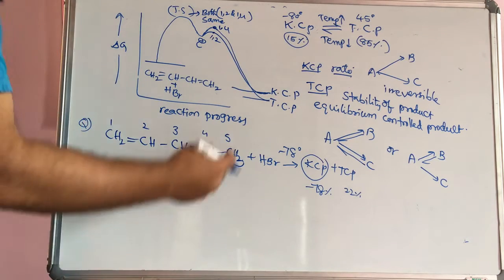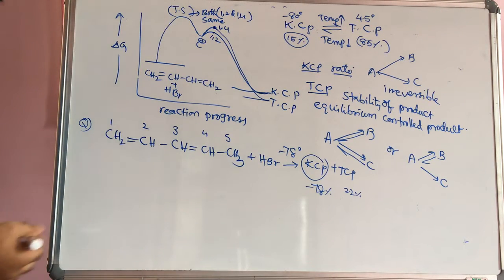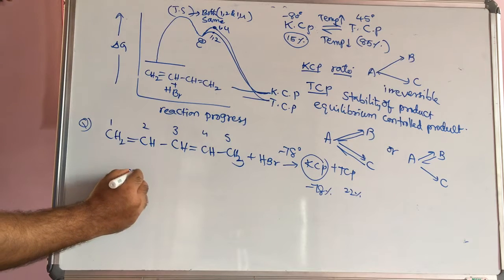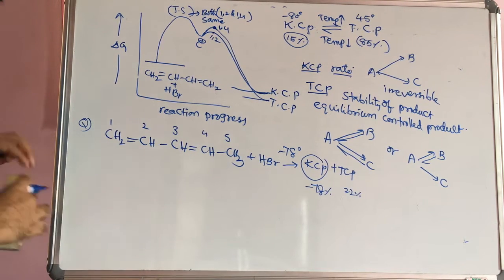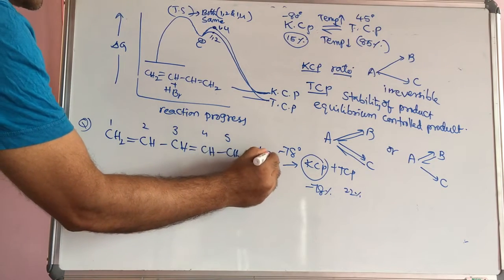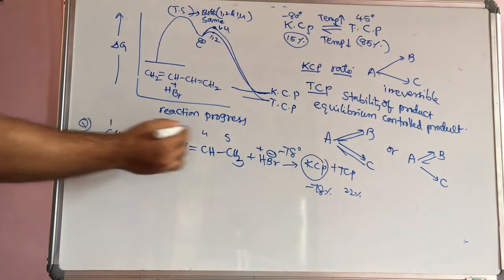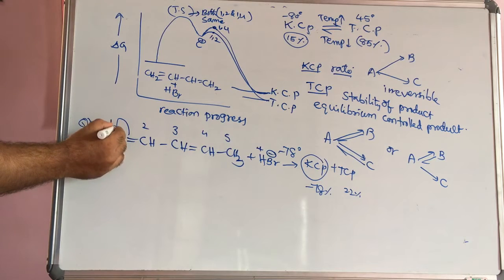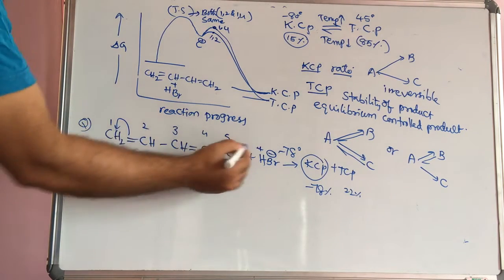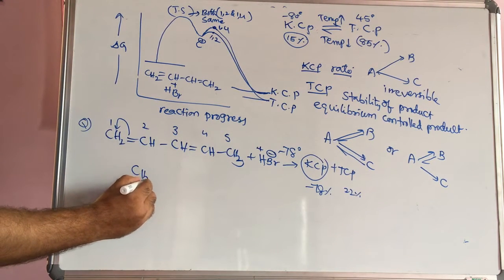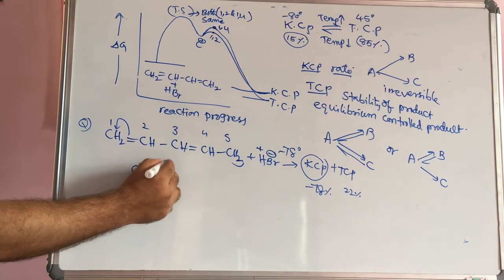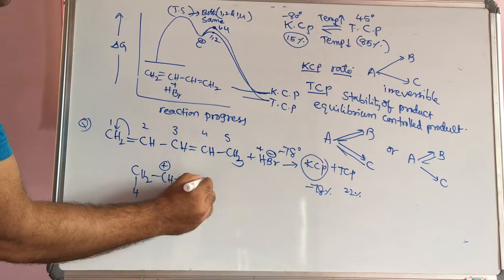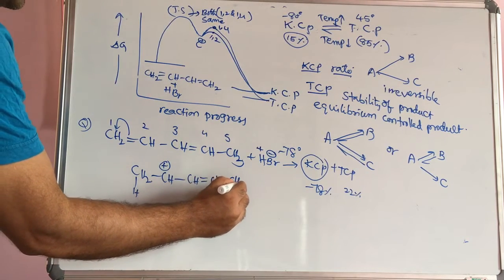So why it is the major product, that also we will discuss here. Then CH2=CH... the reactant is already there, and I will directly write HBr. Then it is H plus and Br minus. So when H plus is added to this one, the negative and positive charges form a bond, then we get CH3-CH, this is positively charged, and CH=CH-CH3.